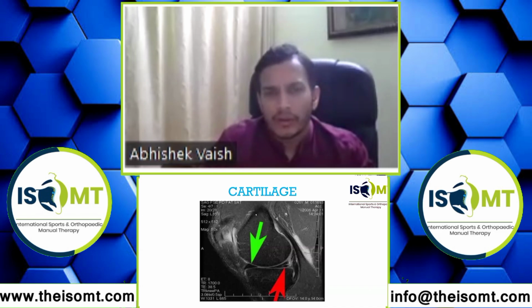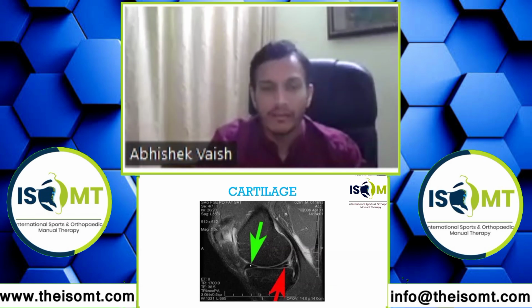Now look at this femoral condyle. This is covered by hyaline cartilage. You can trace the cartilage from the posterior side, and as you come forward, you can see there is thinning of cartilage. This gives an idea there could be a cartilage loss. To see the cartilage, you have to do cartilage sequencing of the MRI, which will give you an exact sizing of the